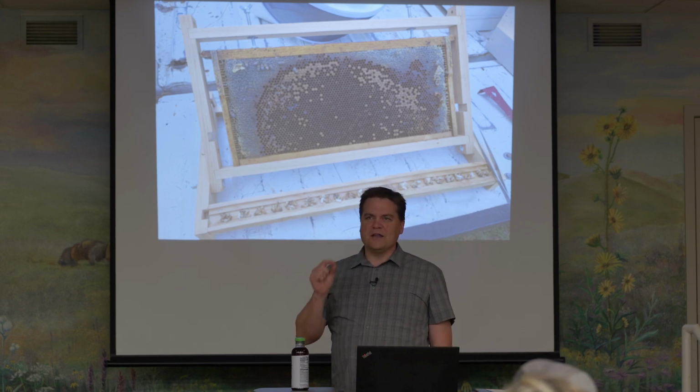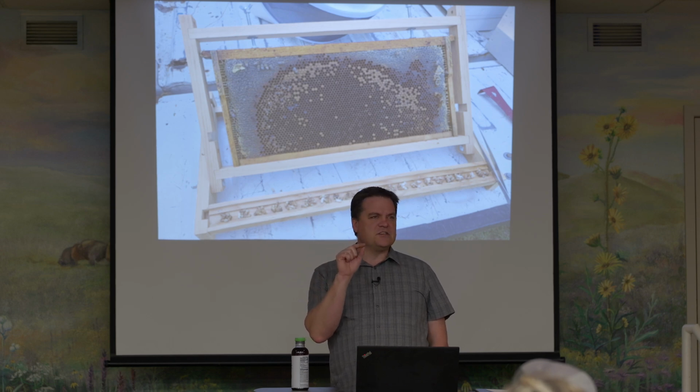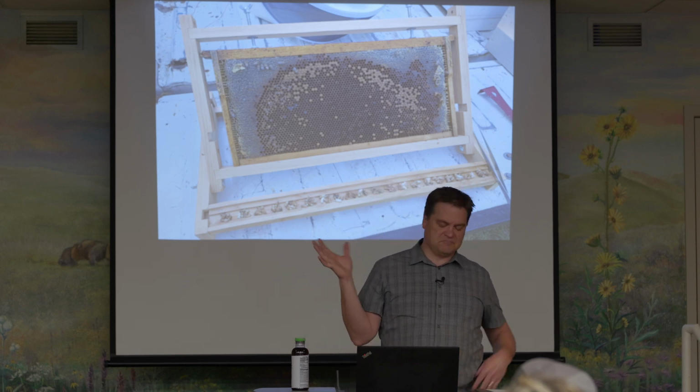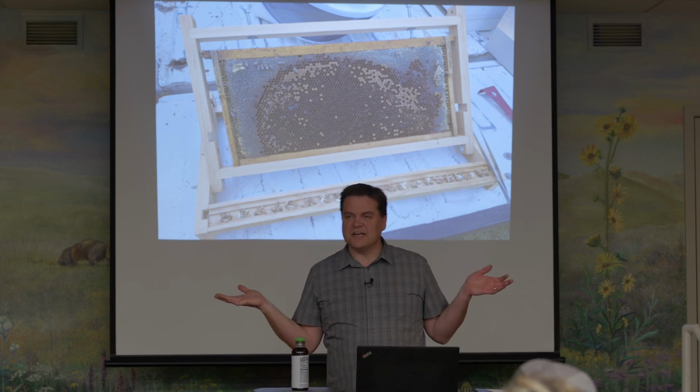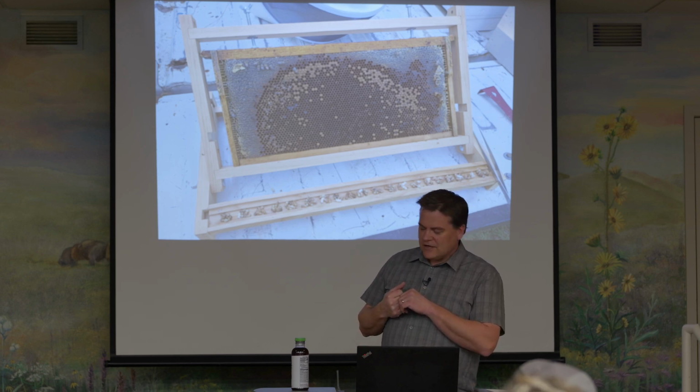Every now and then you'll find one that wasn't reproductive. There's just a mite, but for some reason she's sterile. She didn't have any offspring. And that doesn't count against it. That means there's nothing reproducing in there. I don't need to get rid of that worker brood. And so that's, the